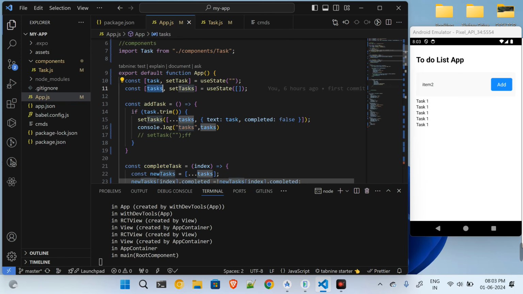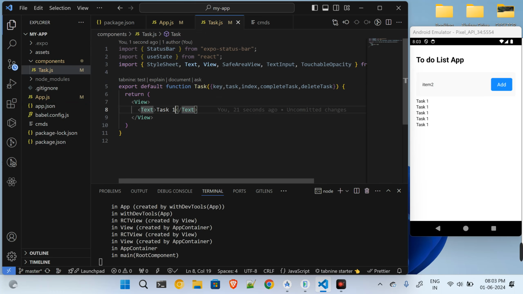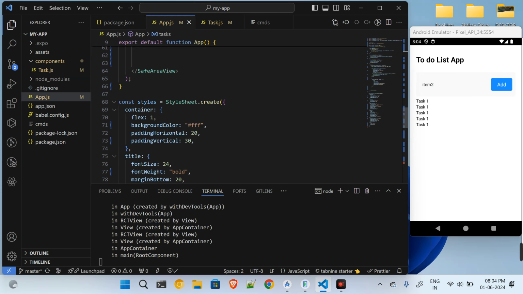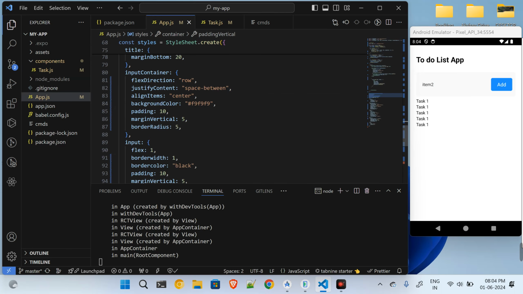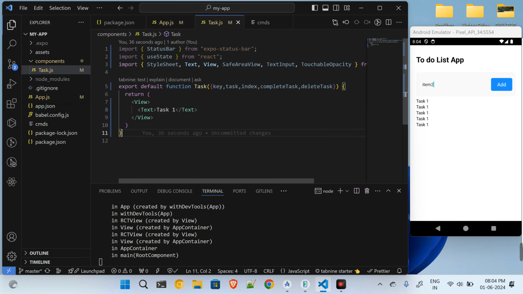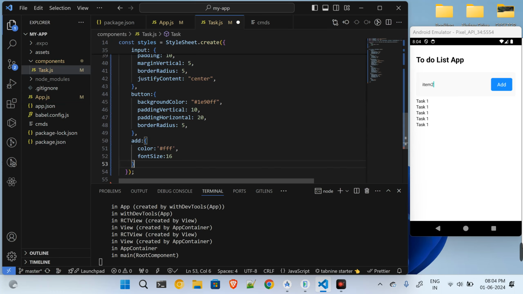tasks variable. Okay, so now I'm inside of this task variable. I will do one more thing. I will be in need of this style sheet. I will copy this and come down below. This style is not required. Okay, this is the style of the